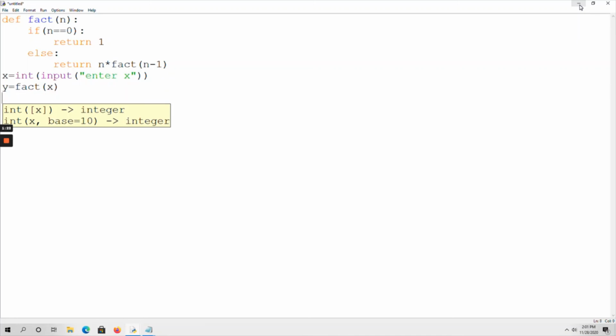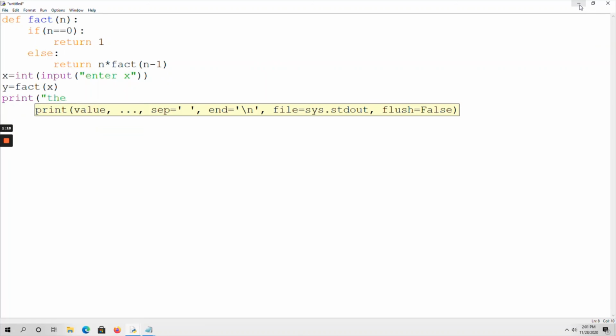So the result is being stored in y. I am going to print the value of y, that is, the factorial of the given number is, comma, y stores the value of that, right? So this is the program.